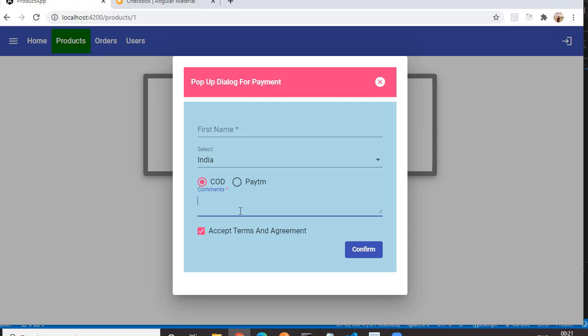In comment we have given max length of 5, but here the validation won't work. We can enter more than 5 characters. There is no error. Even if we remove the comment, we are not getting the required validation. Because we have cleared all our validators from the form, we need to add our validator again.